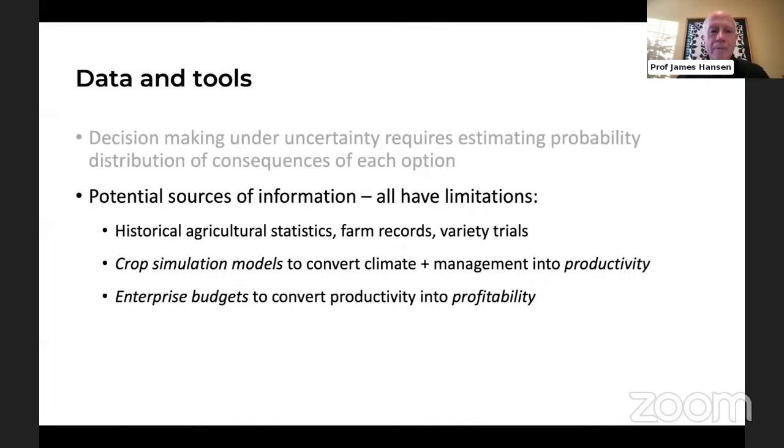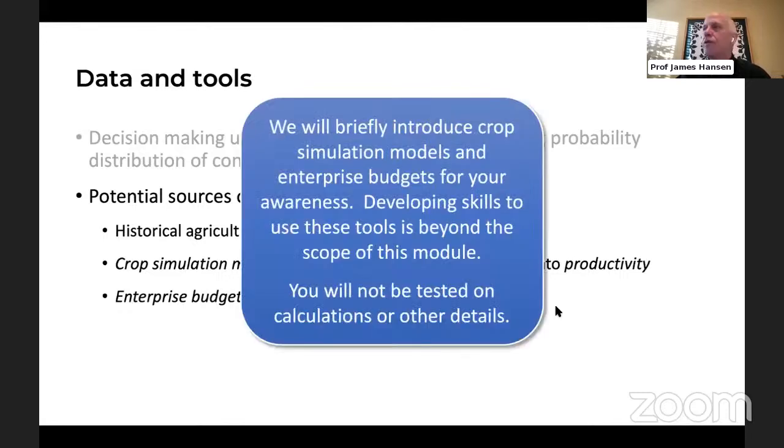have some potential value. Crop simulation models, in the case of agronomic decisions, can be a very powerful tool to convert information about climate and management into estimates of productivity. And then they can be combined also with enterprise budgets to convert estimates of productivity into profitability. So I'm going to briefly introduce crop simulation models and enterprise budgets